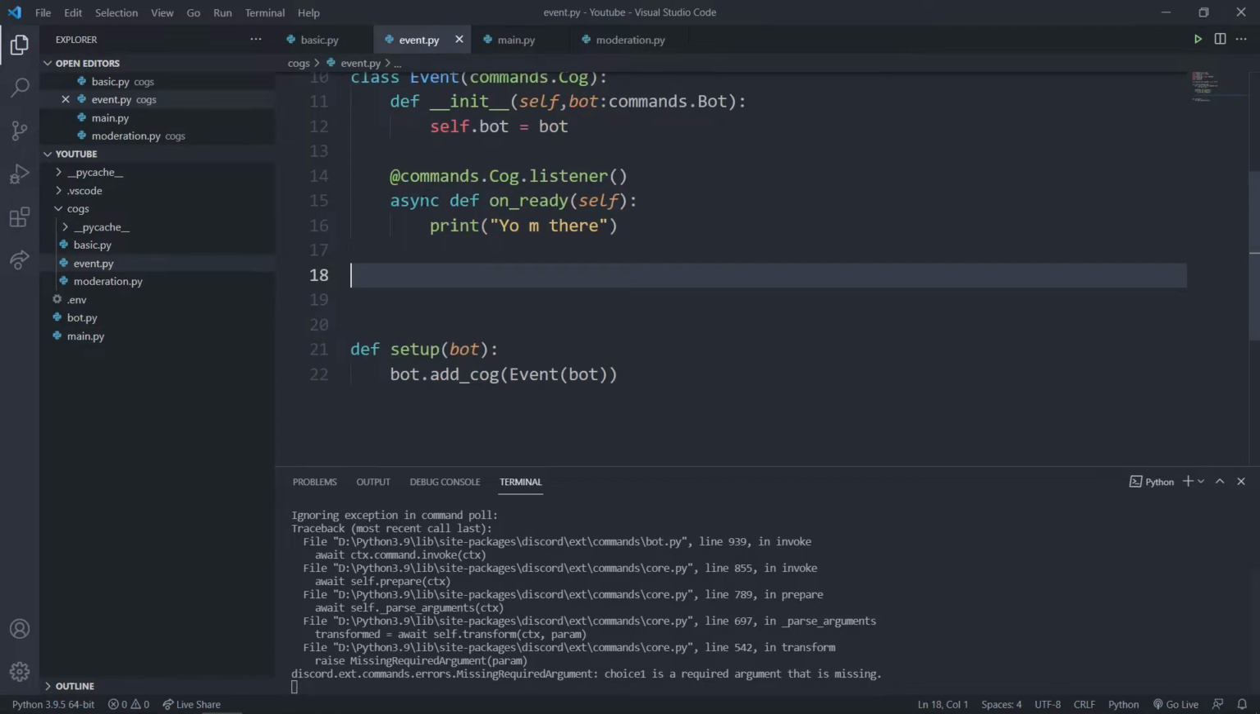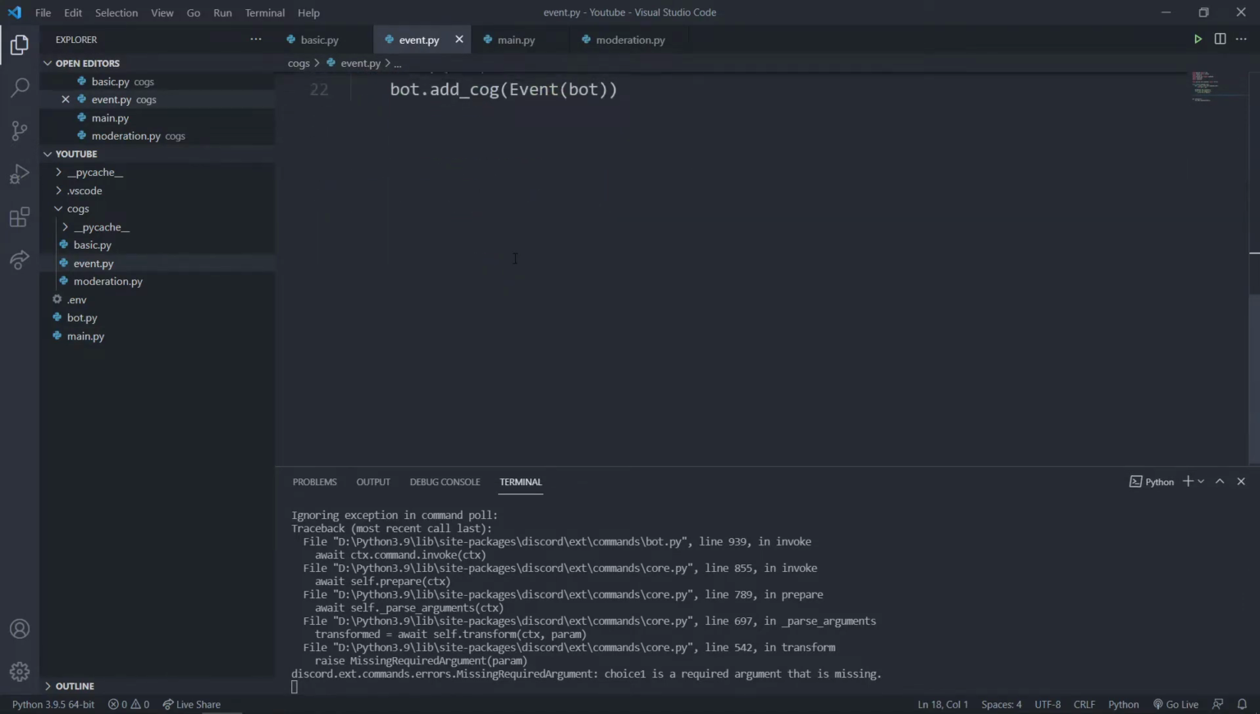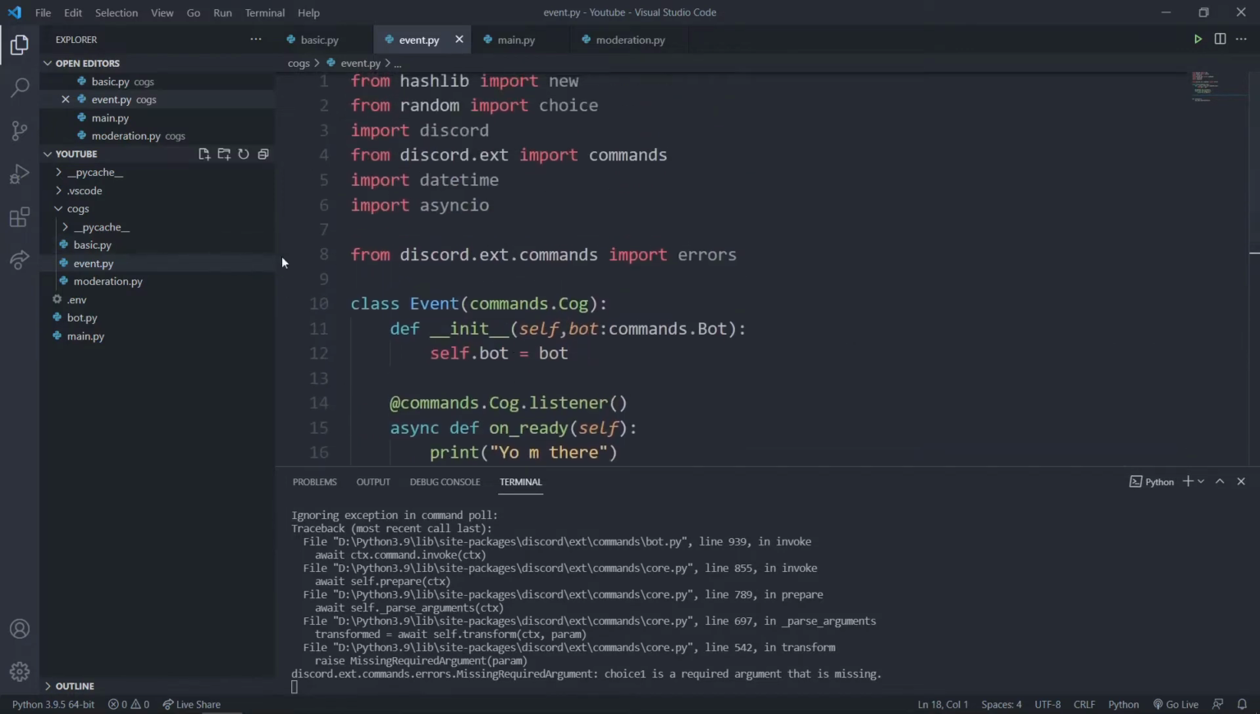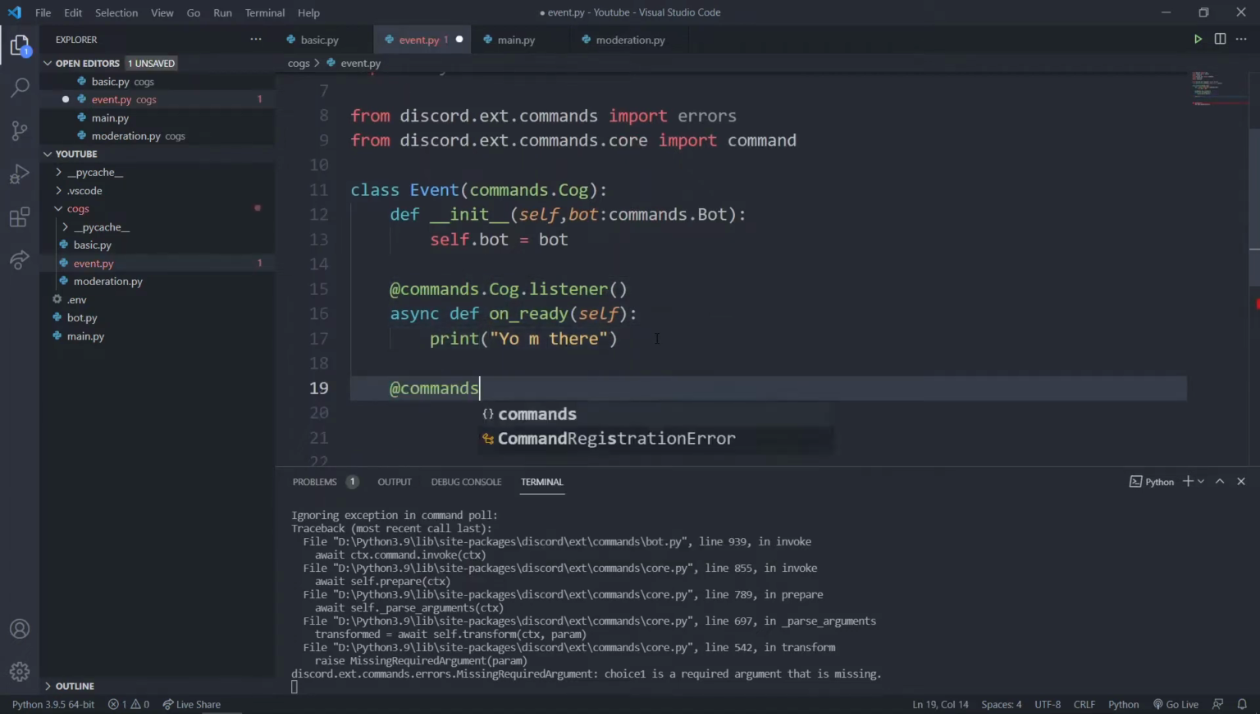So for that purpose, I just made one cog, and it was just the basic framework. This cog is related to my event functions. All the event functions will be done in this cog. So I just moved my on ready command in this cog as well. So let's create another function which will be for my error handling. So I'm going to say my